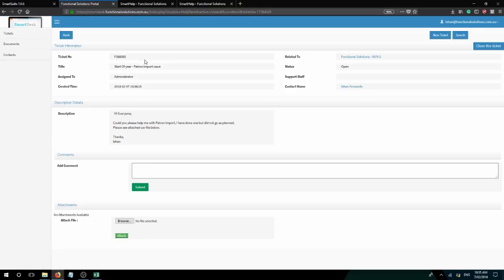So once it's been submitted, the system will give you a ticket number. So this is what you reference when you call in regards to it, or you're contacting us about it again. The related to is the organization that you're from or the school, the title of the ticket, what you have created, the name of the ticket, and the status of the ticket. It'll also show you assigned to, create time, and contact name. So description is what you have entered in before,